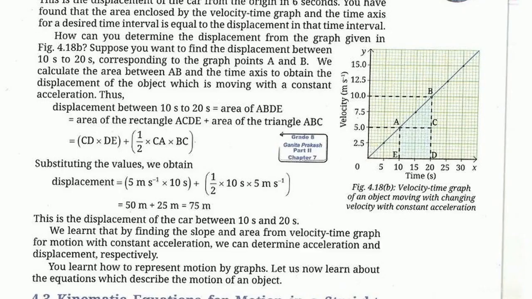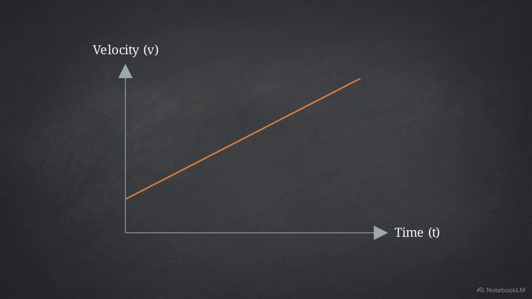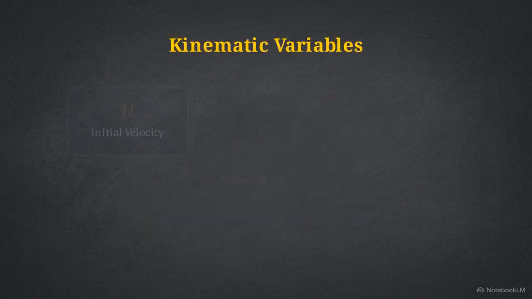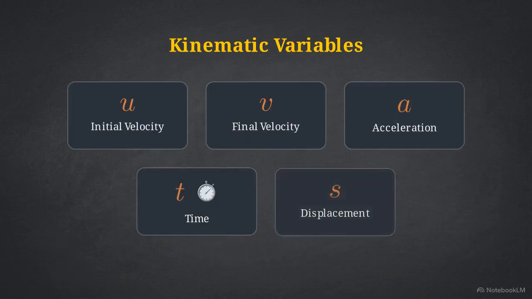These graphs hold a secondary set of data. By calculating the shaded geometric area beneath the velocity line, we find the object's total displacement. This geometric approach allows us to extract variables like acceleration and distance directly from the shape of the motion itself. Visualizing motion through graphs leads to the ultimate objective, using mathematical models to predict exactly where an object will be